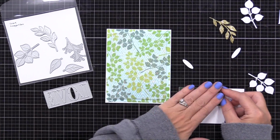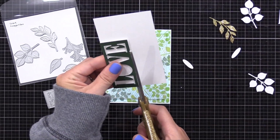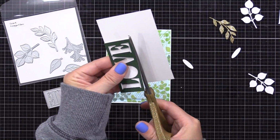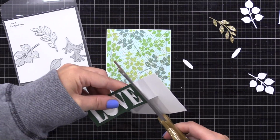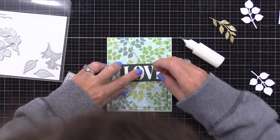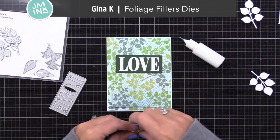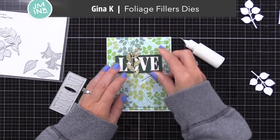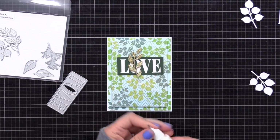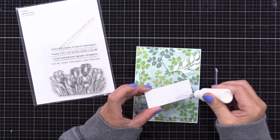I cut it from dark green cardstock, and I'm gluing it onto a piece of solid white cardstock and trimming off the excess. That way, the inside of these letters is a solid white. This love sentiment will be glued at the top center of our note card, along with a gold glitter die cut that I created from the Gina K Designs Foliage filler die set that you see there on the top left. Now this one will get glued right on top of the O in the word love,